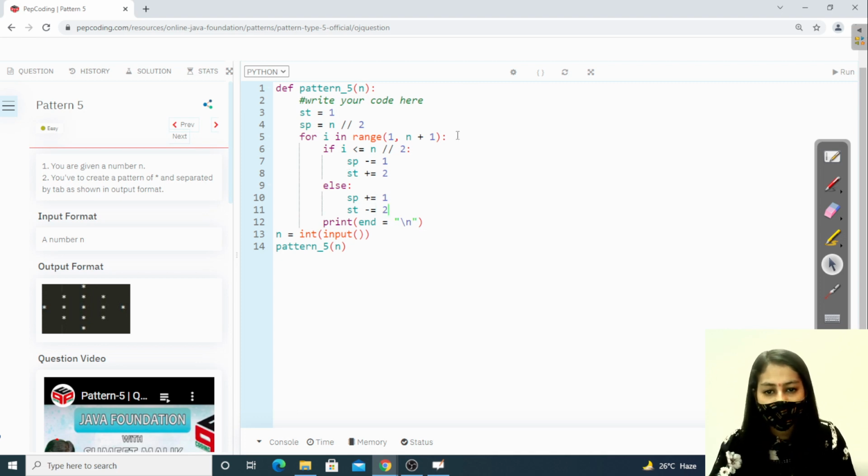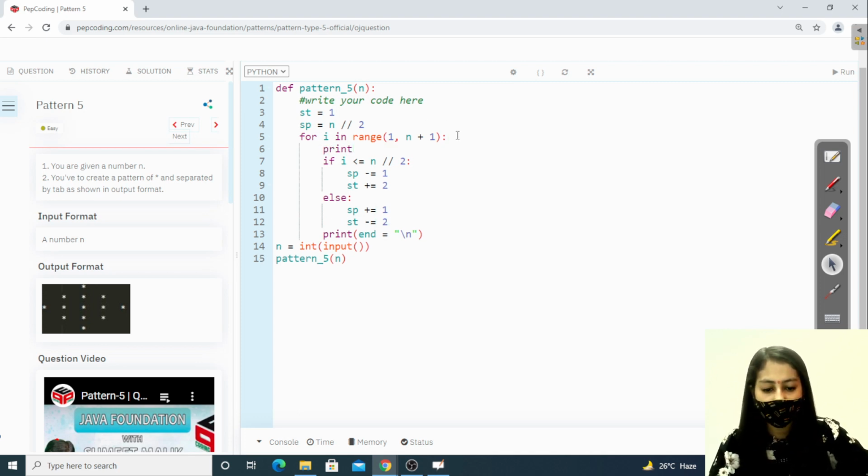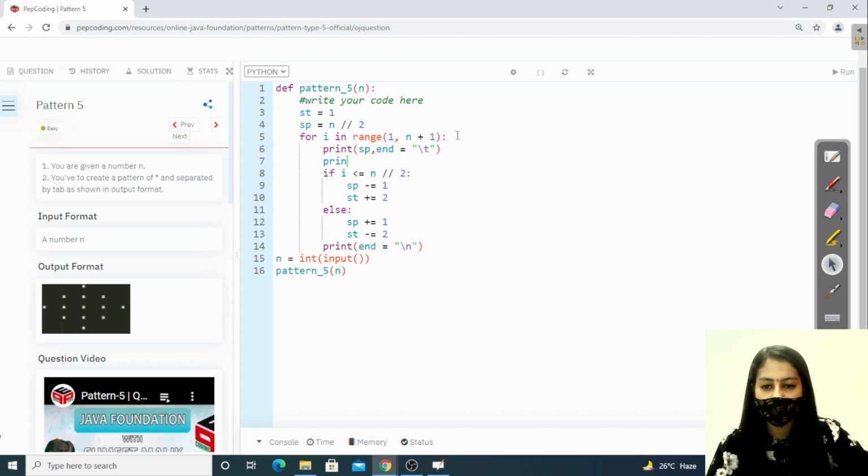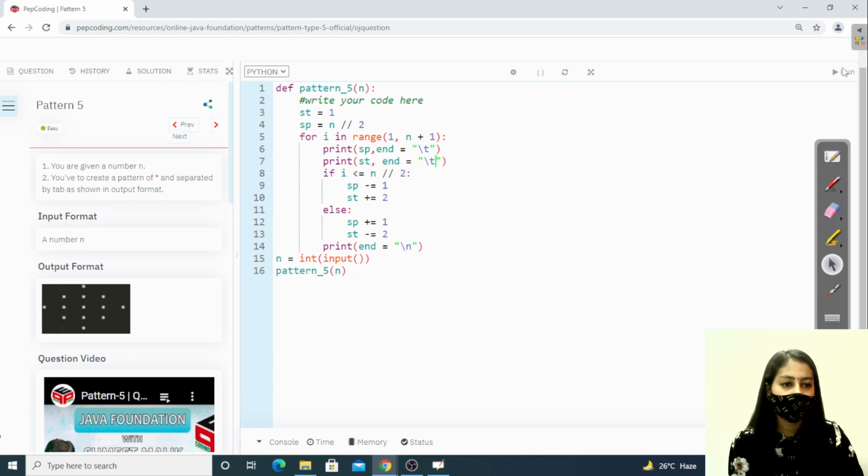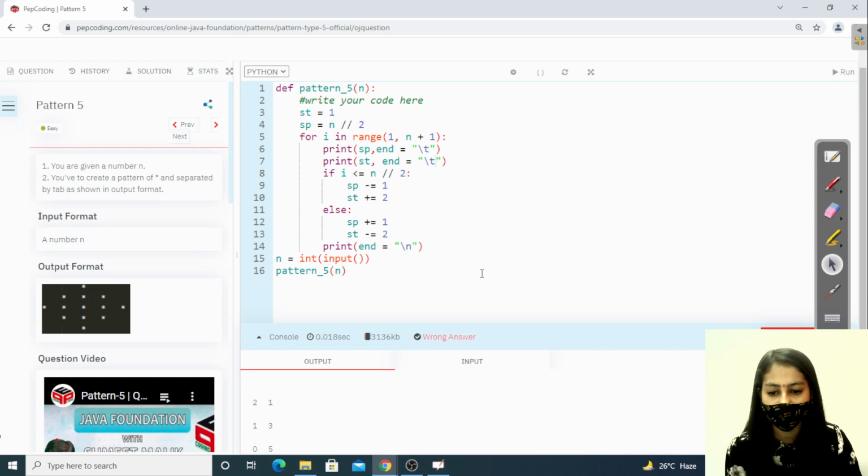So let me print these two variables here and check the output. Firstly let me print spaces, next let me print the stars, right? So let's check the output of this.